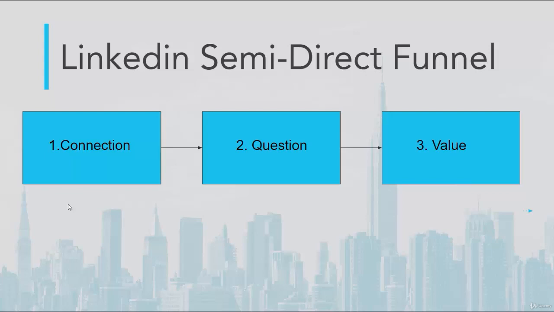This is where we're asking them a little bit about their business and seeing where they currently are with their business, or what they're currently doing for X or for Y. I'm going to walk you through the different questions in the sample scripts that I'm going to provide you. And then number 3 is a value, because our entire system is centered around our profile doing the